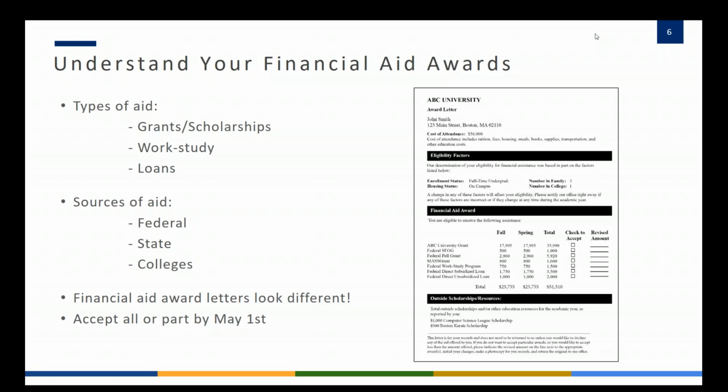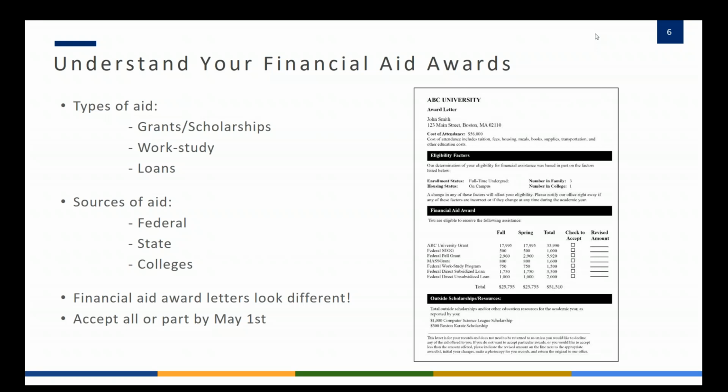Typically, we're not going to be applying the work study award towards the bill. Most schools will pay that award out in a biweekly paycheck as the student earns those funds. So when we're figuring out the balance due of billed costs directly to the school, typically we're not going to apply work study to those billed costs.